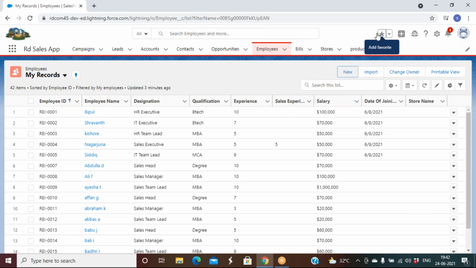Before you write the email template or a workflow, there are a lot of pre-steps to be done. It's not simply that you start writing a workflow. We have to do a lot of pre-work. Sometimes whatever is expected, maybe the field is not available in the system, and you have to create a field.